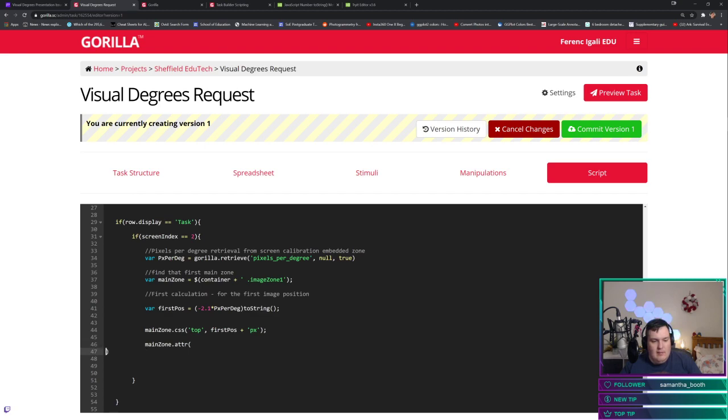There are other things that you can do, like you can call main zone dot attributes, dot props, dot children, dot parent, and all that kind of stuff. We'll be looking at some of that a bit later, but what we want to look at now is this